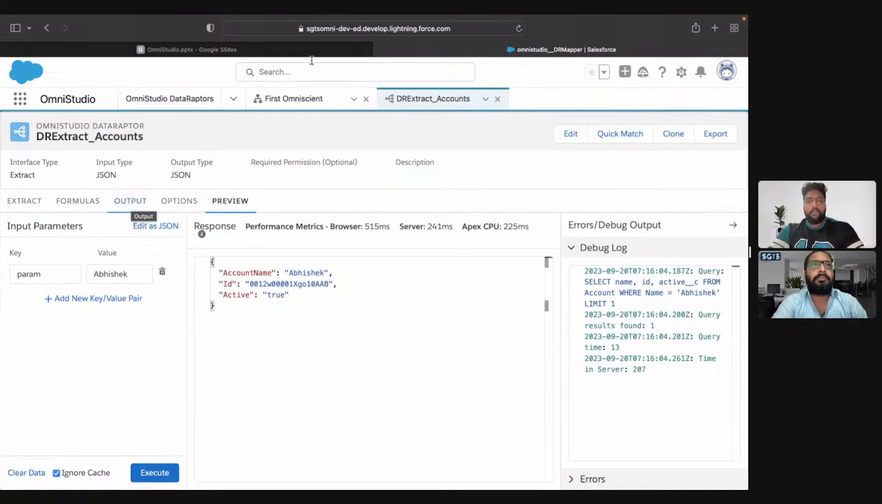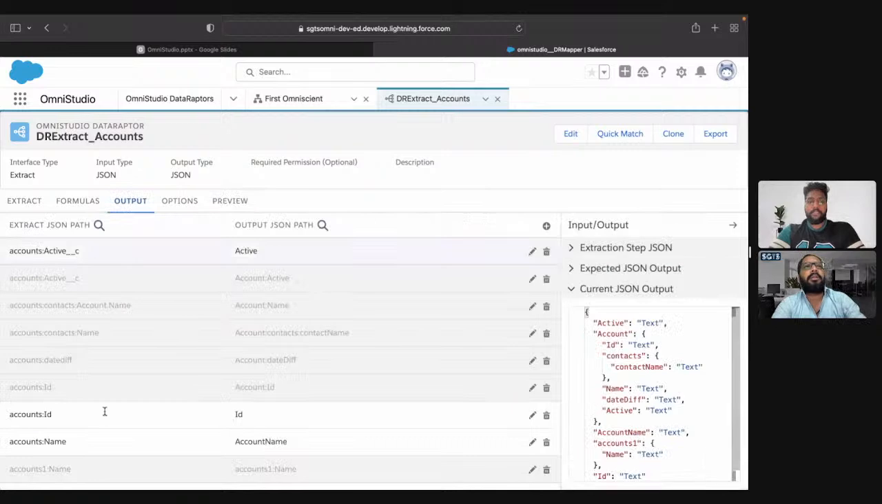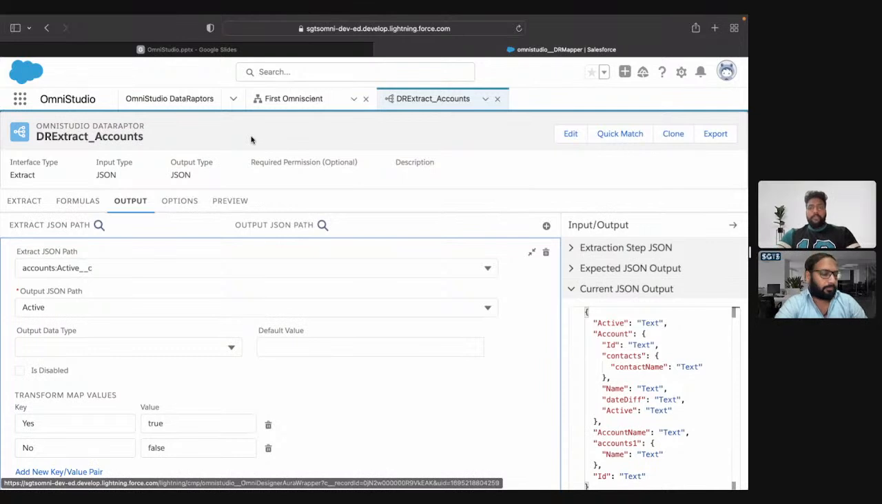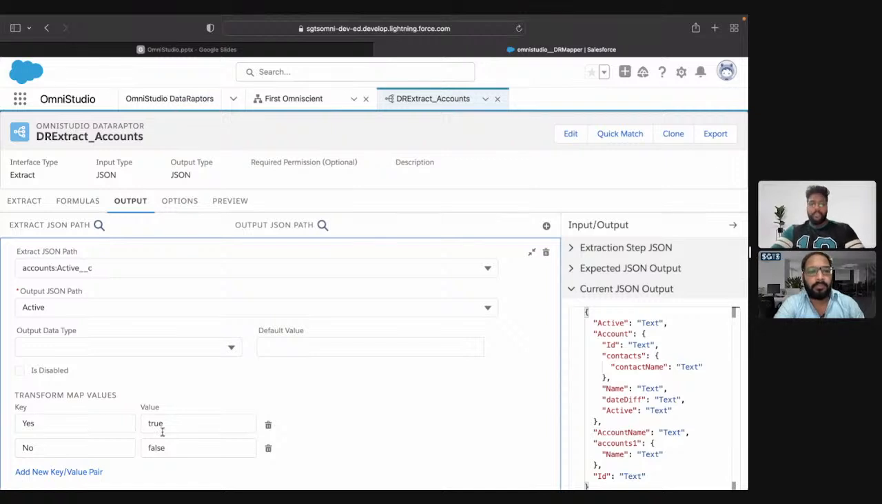So in output, we don't need to select the Boolean data type, right? Earlier you selected. Correct, we don't need to select. Okay, right. So these are functionalities we have covered in our DataRaptor sessions. If you want to get to know more about it, you can go to the DataRaptor session in the